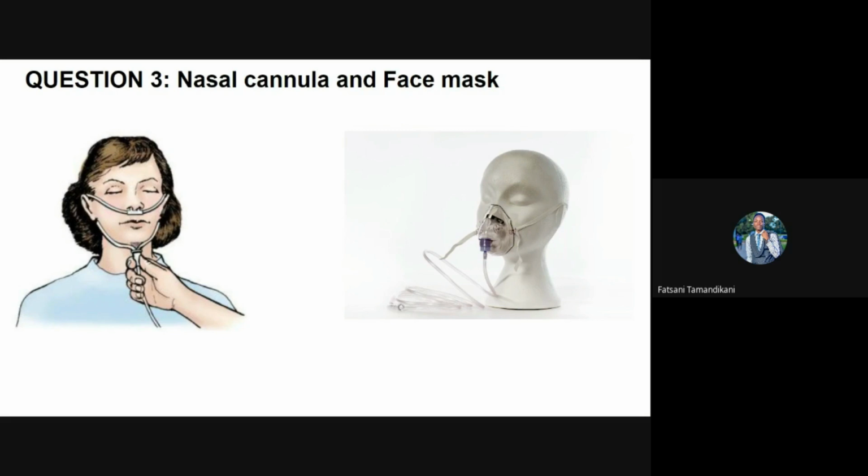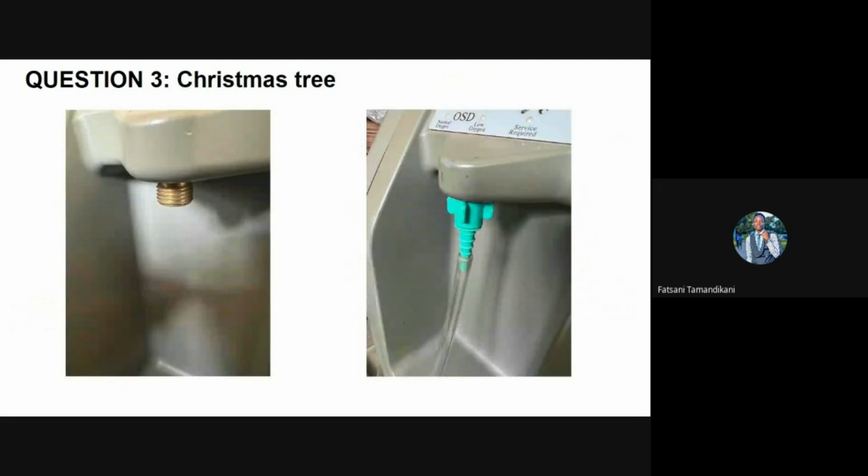Next, I'm going to look at the patient outlet tubing connector, which is also known as the Christmas tree adapter. This is a connector that is used to connect the nasal cannula or face mask tubing to the concentrator outlet port. Sometimes, especially when the oxygen is being delivered to the patient at low flow rates, or there's a need of an oxygen flow splitter, a humidifier bottle is connected to the patient outlet fitting on the concentrator. In these cases, to deliver oxygen therapy to the patient, there is a need for a device that can enable the connection of the tubing to the fitting on the concentrator.